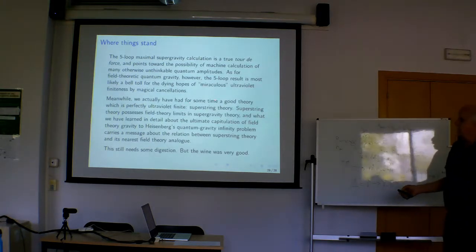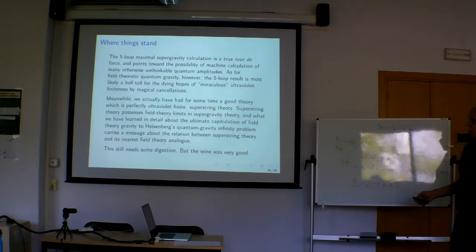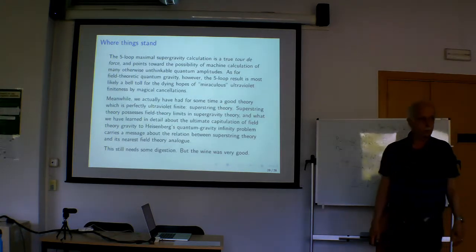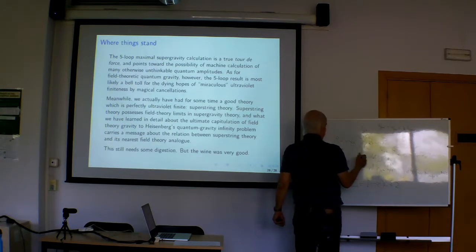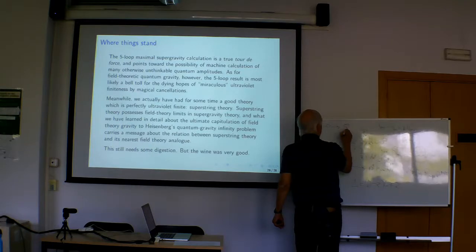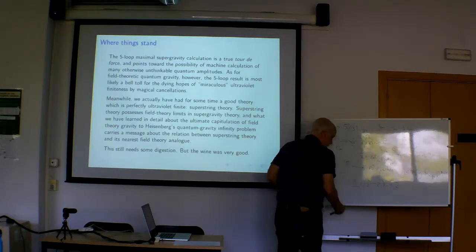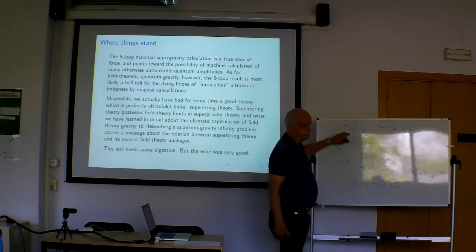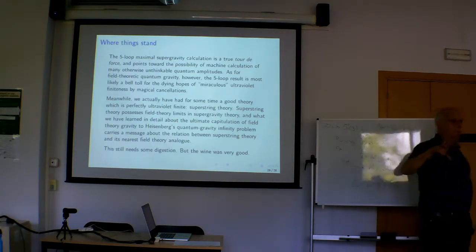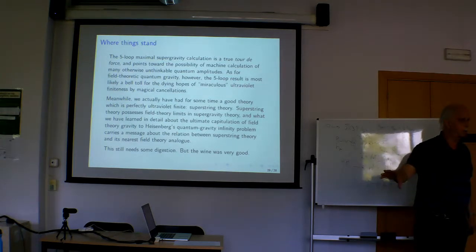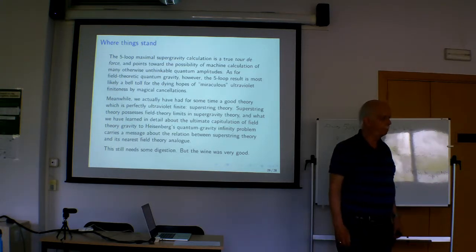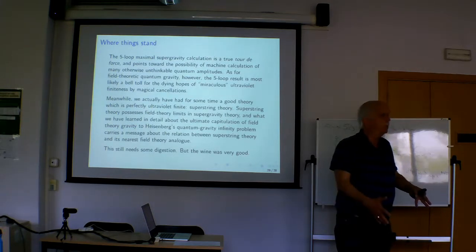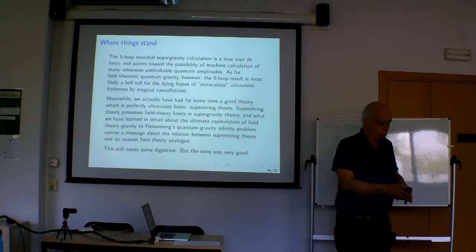Now, of course, I've been talking about field theory throughout this whole talk. There's another theory that we have that's perfectly ultraviolet finite, and it's called superstring theory, where the infinity in the D to the 8 R to the 4th counterterm becomes replaced by a finite number, which involves zeta of 3. And so these terms are present in the expansion of superstring theory with known, finite coefficients. You can also use superstring theory as a rather expensive regularization of field theory, and see what happens as you try to take the field theory limit of string theory. You see the infinities come back, and indeed, that analysis is